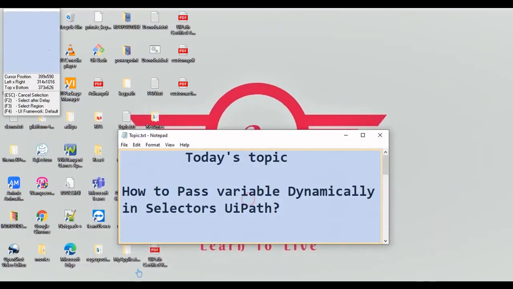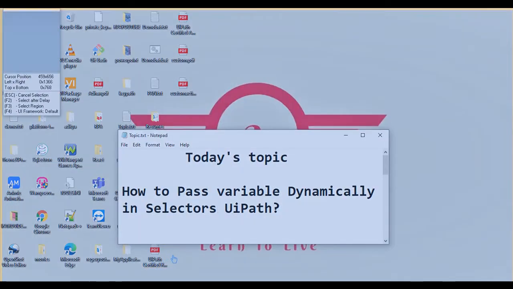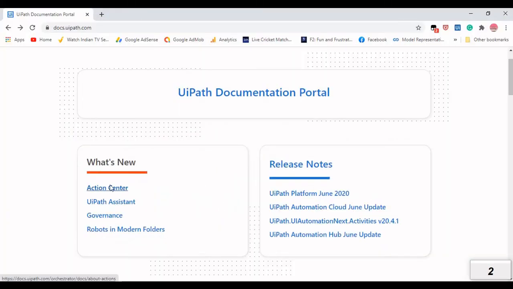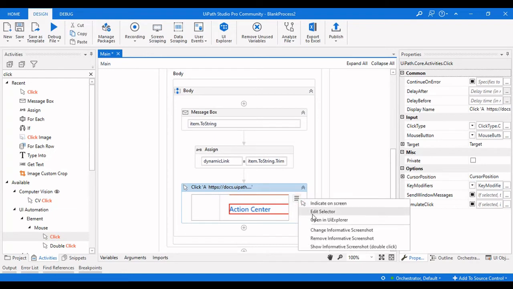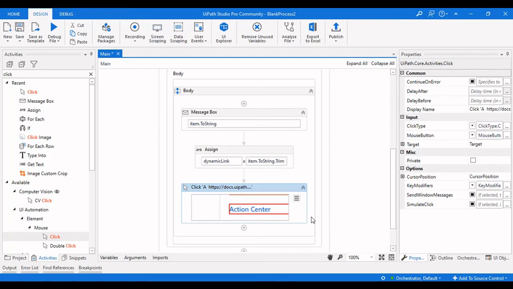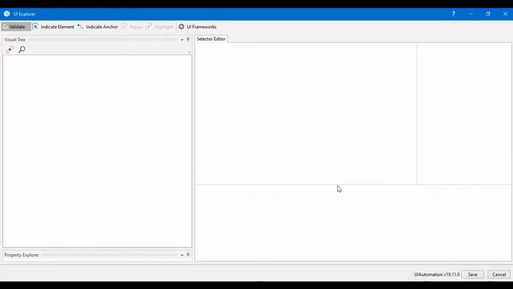So first let me click on this particular link here, and now click on these three lines and then open in UI Explorer, where we can change the value that is passed to the selectors.